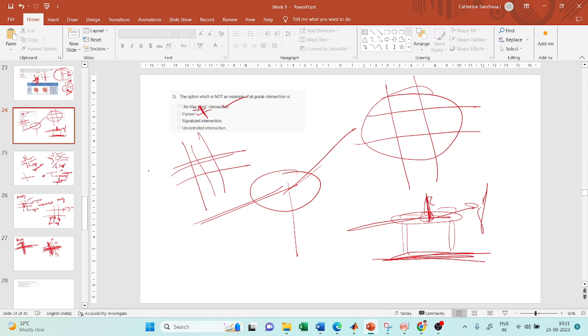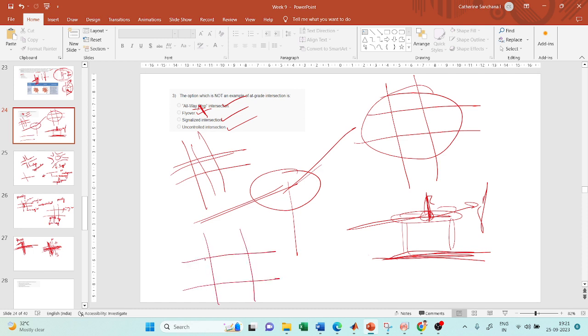Signalized intersection, of course, it is an at grade intersection. That is why you provide signals. For a grade separated intersection, there is no need for a signal at all because the vehicles traveling on both of the roadways can travel at the same time. So a signalized intersection is an at grade intersection. Uncontrolled intersection, we also saw that in an uncontrolled intersection both the vehicles